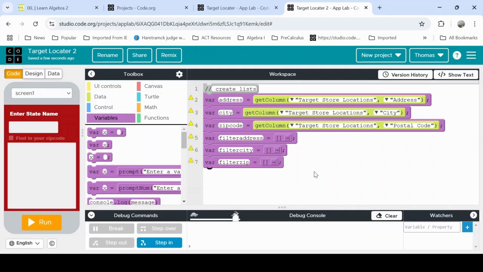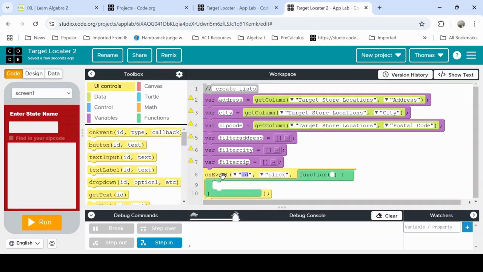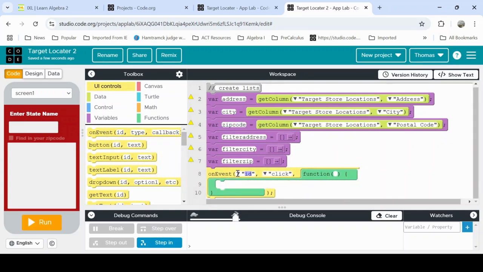All right, so we've created our lists. The next thing I'm going to do is get the information from the text box, and I want to call a function that's going to filter. This is where we're going to use a function with a parameter. So I'm going to use an onEvent that's going to start this process, and I'm going to go text input 1. When that's changed,